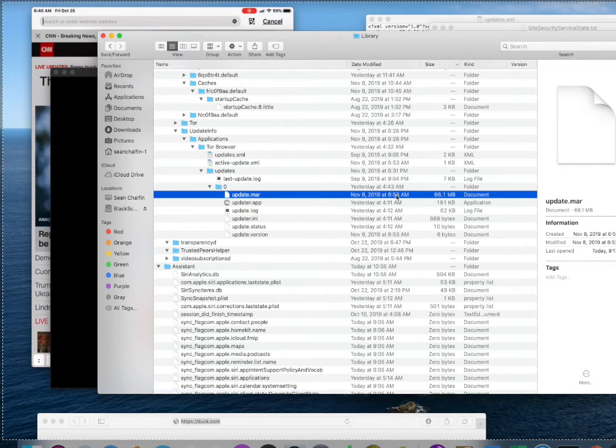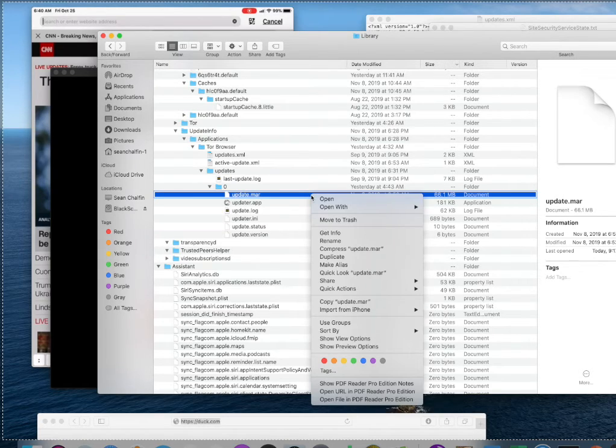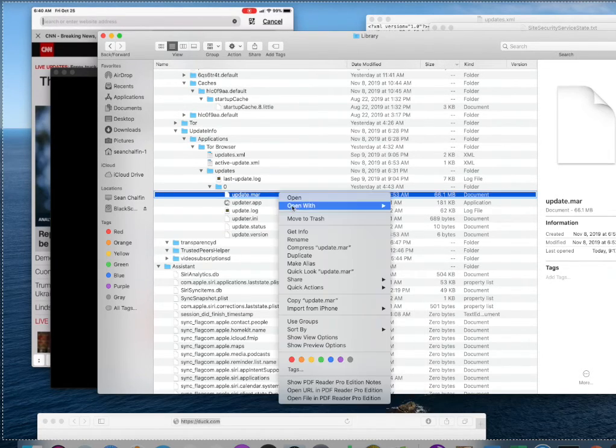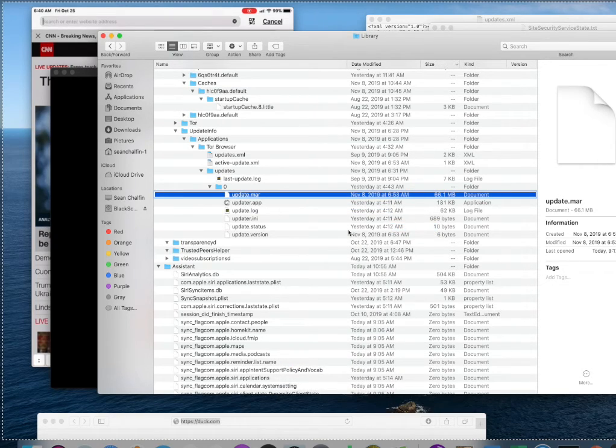Now, I've downloaded this. It's 15,000 pages of encryption, and it looks like this. Open it up with the text edit file. Moving slowly.